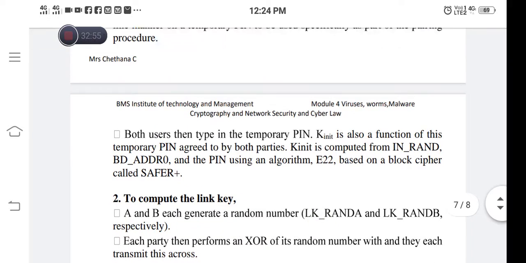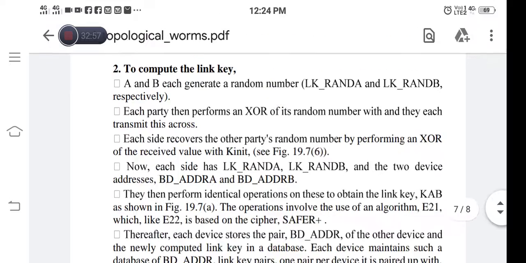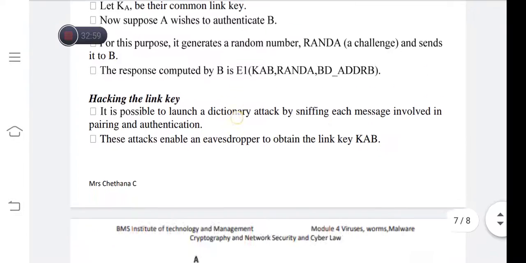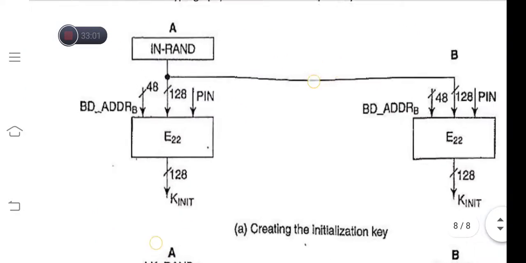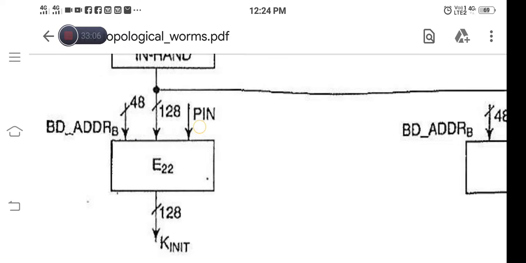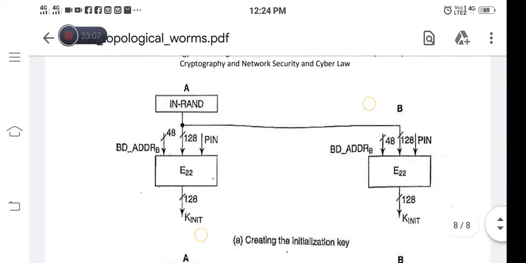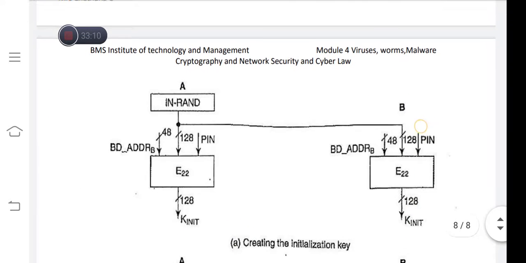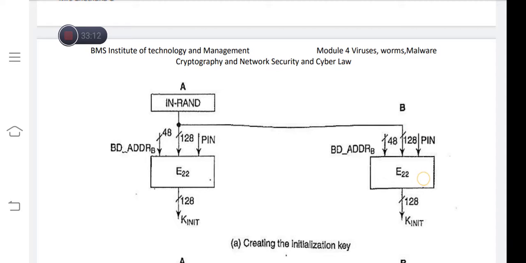For this encryption algorithm, we have three inputs. Both sides will be making use of this encryption algorithm.